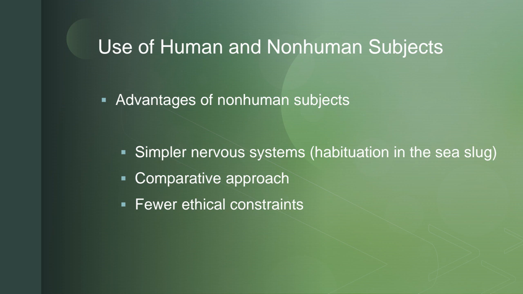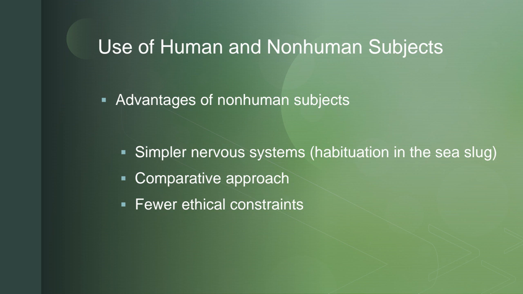But there's a couple of downfalls with using humans as research subjects. And this leads us to our advantages of using non-human subjects. So one key advantage is that there are many non-human subjects that have much simpler nervous systems. So we'll look at an example of this. I've got a video to show you looking at habituation in the sea slug. Kind of a nice way to illustrate how looking at a simpler nervous system